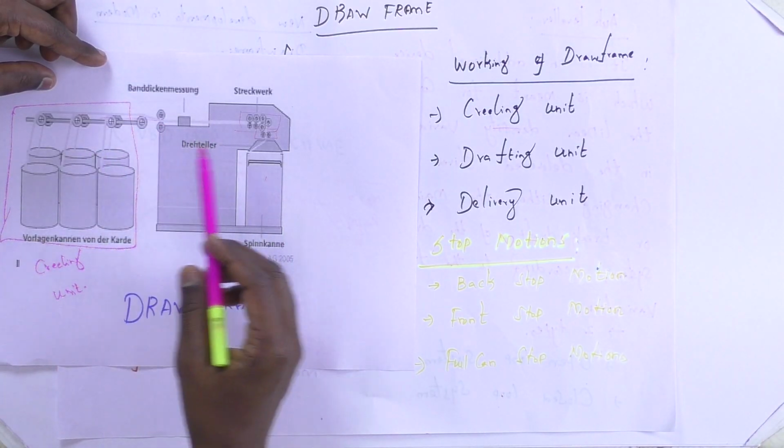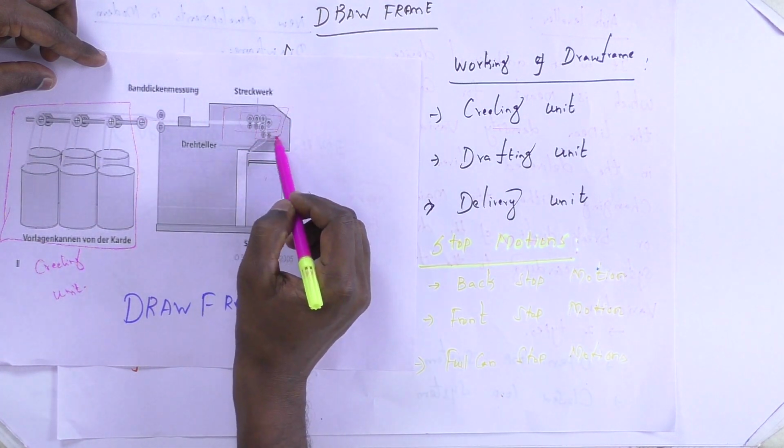After the creeling unit, it reaches the drafting unit. Drafting is a process where the input roller speed is less than the output roller speed, or the output roller speed is more than the input roller speed. So stretching takes place. This stretching gives the straightening of fibers, and the top rollers are weighted, so pressure is applied. Normally the pneumatic weighting system is applied,